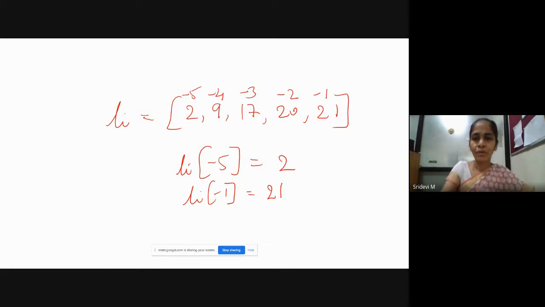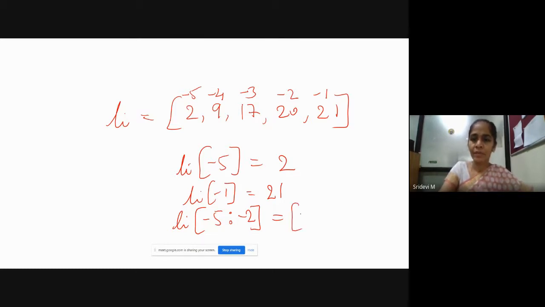Now if you want to give these index numbers with slicing, then if you give -5 to -2, you wanted the compiler to retrieve the numbers right from index number -5 to -2.